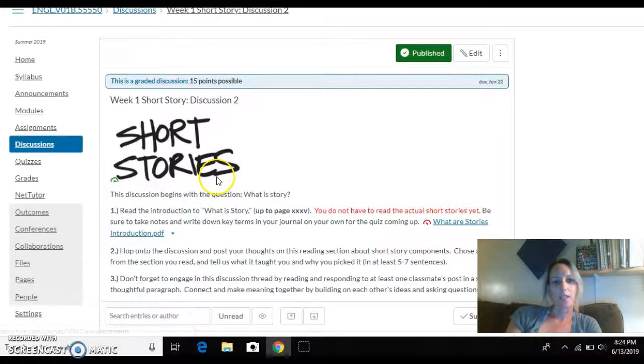You will be jumping right into our first unit, which is short stories. This is something that you have maybe not studied, but learned from a very young age, whether it was storytelling in your family or your parent or guardian, someone reading you stories at nighttime when you went to bed. And so you can draw on all of your experience and knowledge of stories as we enter into the unit